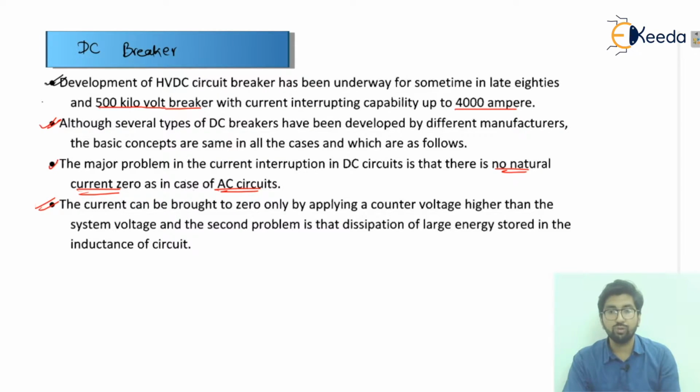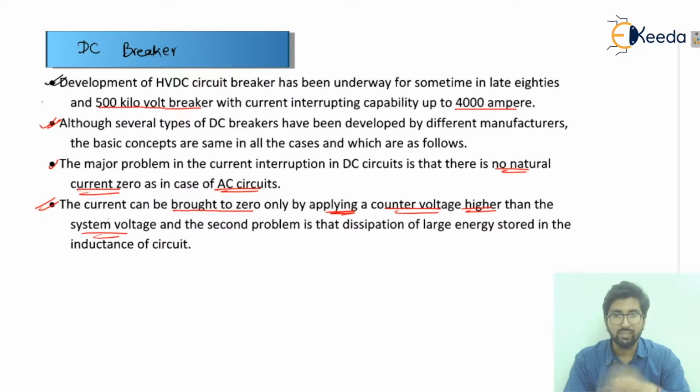The current can be brought to zero only by applying a counter voltage higher than the system voltage. If you make the counter voltage more than the system voltage, then